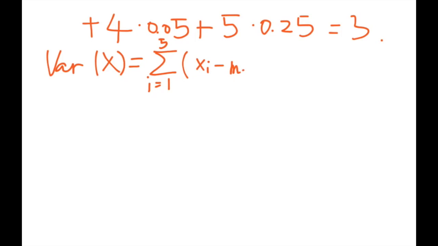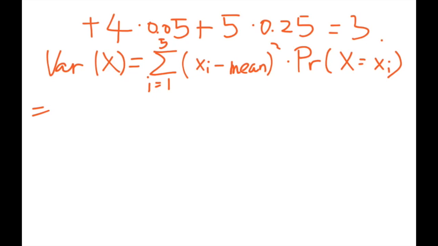Okay, so if we plug in the numbers, when x_i equal to 1, that is 1 minus the mean 3, squared, times the probability when x equal to 1, that